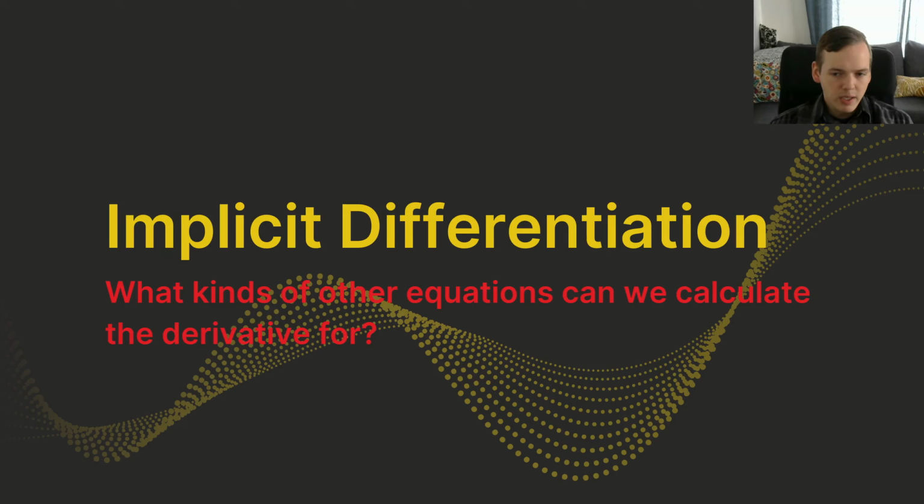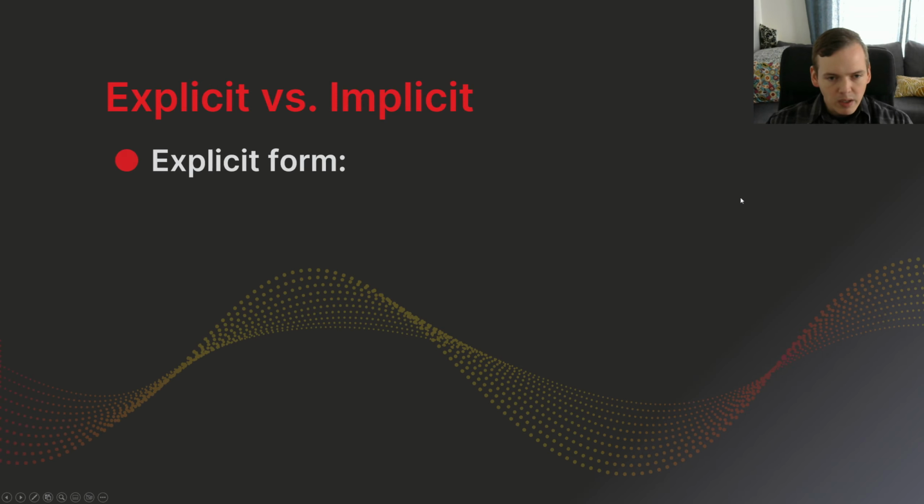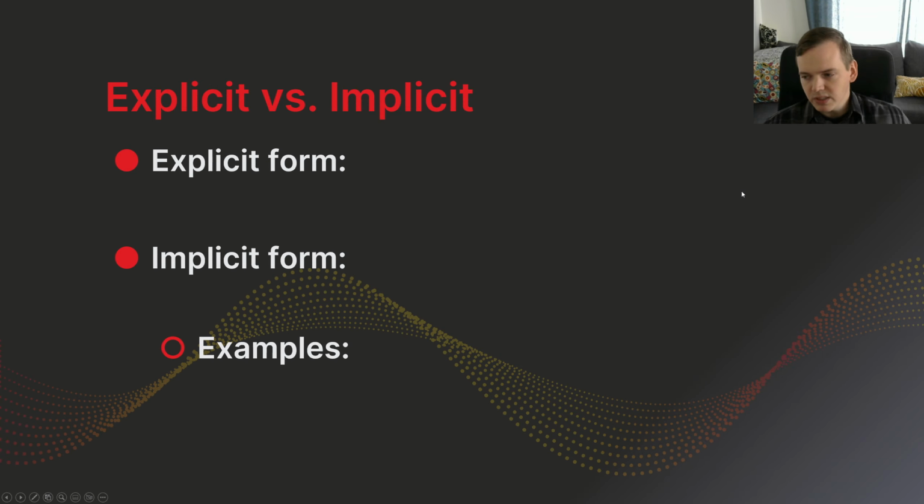This video is going to look at implicit differentiation, and that's just another strategy where we can work on different types of equations that aren't necessarily showing up how we've been seeing so far. So we want to talk about implicit versus explicit forms of equations or a function. So explicit form takes the form y equals f of x,